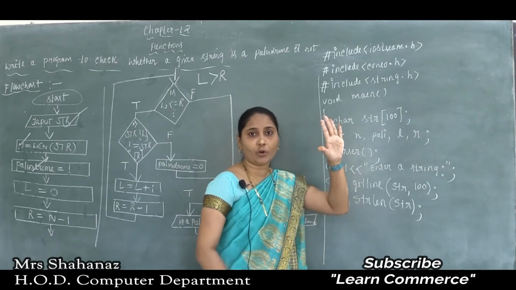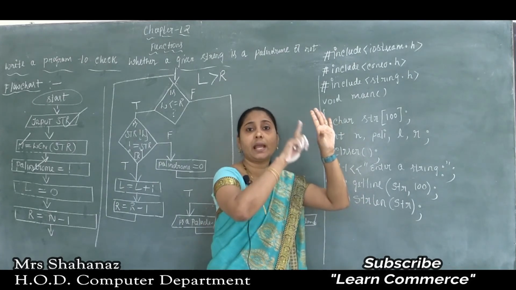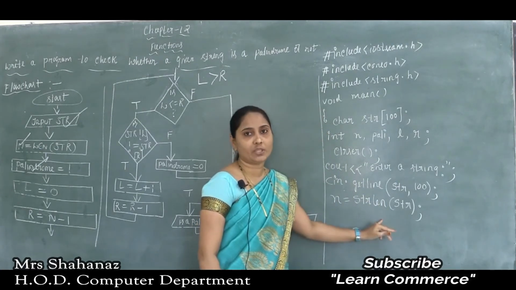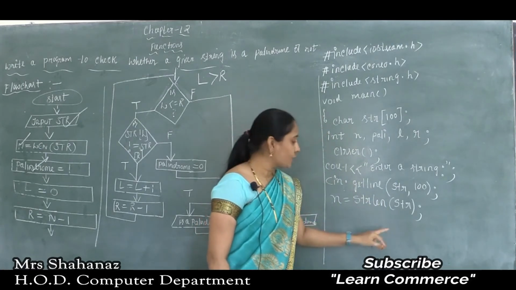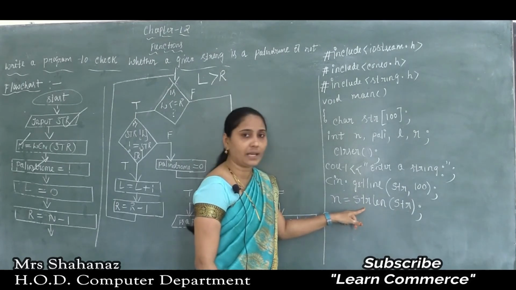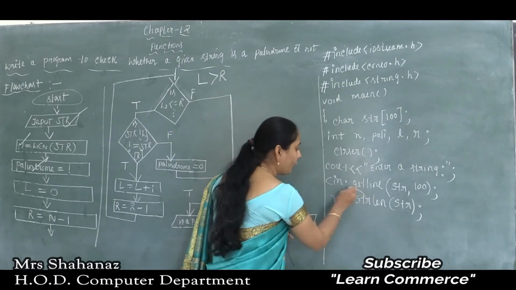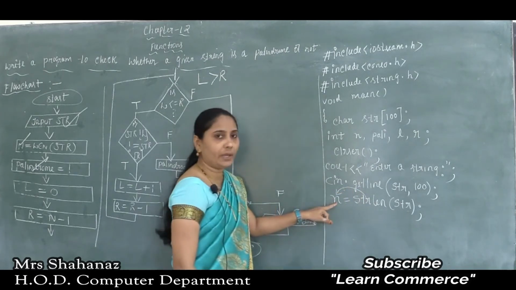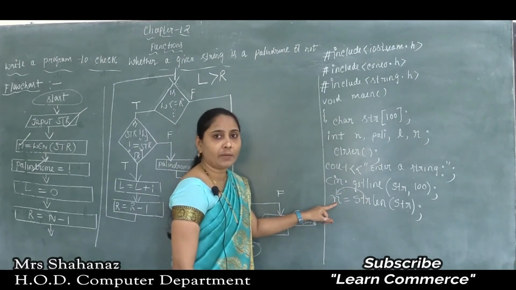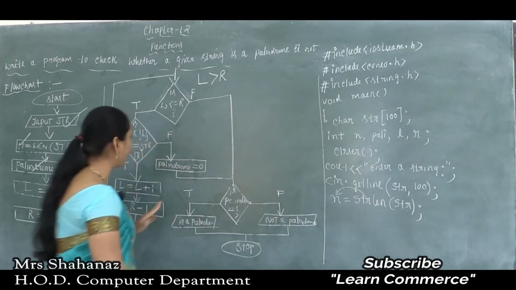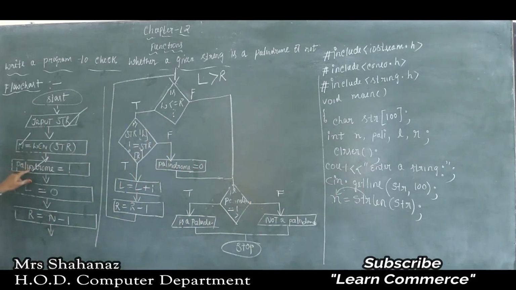MADAM. Totally it is going to display n value is equal to 5. Clear this point here? First of all it finds the length of the string, and after finding the length it is going to initialize it into the variable n. So later n value is equal to 5. Clear this point here? N is equal to 5, and next, now just the initialization.